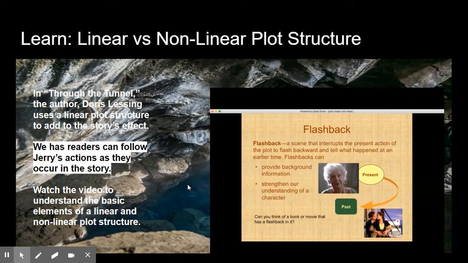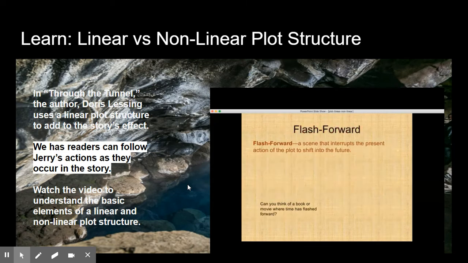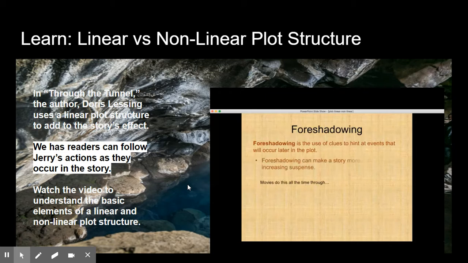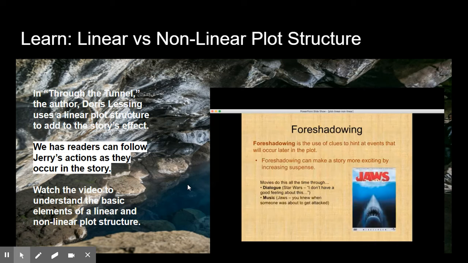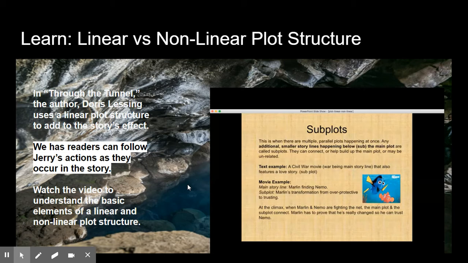Can you think of what is when there's multiple